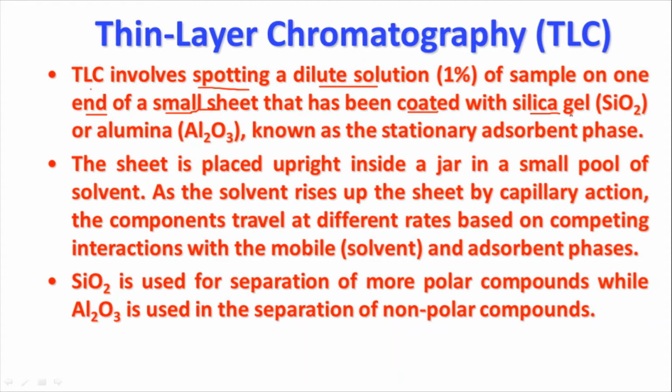The silica gel is an inert molecule, and we make a slurry, and the slurry is coated on a thin glass plate or aluminum foil or plastic sheet. What size you want, or what size of TLC tank, what type of mobile phase you are using, so you can decide the size of the thin layer chromatography. Followed by that, we can make the slurry and coat the silica gel.